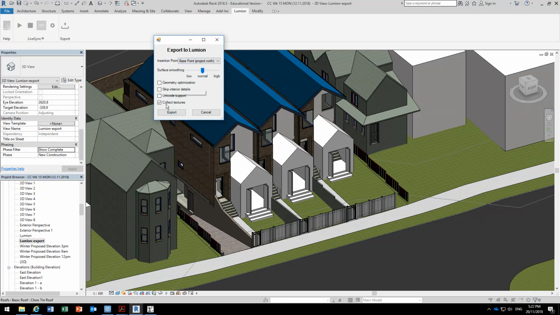With the new version, there's a couple of extra options there that are worth looking at, but with this one, that's fine. As long as we've got collect textures, that's the most important thing. And normally you don't want geometry optimization, you don't need that, unless you have issues with the file becoming too big. Sometimes they have Unicode support for some reason, but I'm not sure exactly if you need that. So I'm just going to leave that unticked and export,